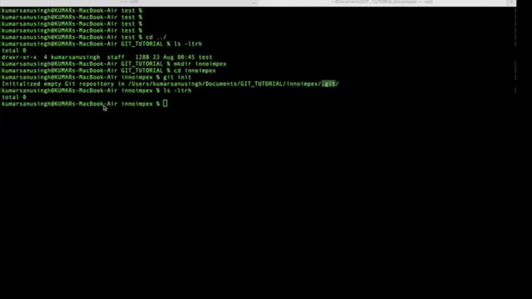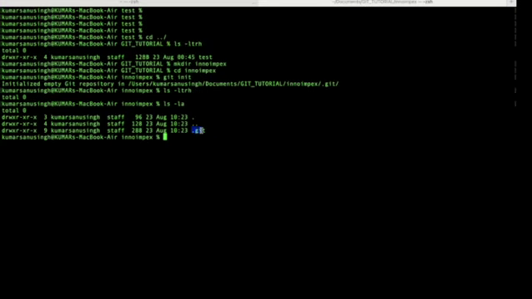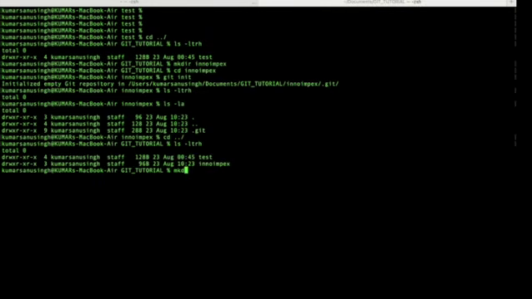Now let's see how to check that. I am running the command ls -la, a basic Linux command to list all the hidden files. If I see this, I get a .git. Now I will go a directory back and create another directory with mkdir test2. mkdir stands for creating a directory. To go inside the directory in Linux, you have the cd command, change directory. I did cd test2, and after that ls -la.